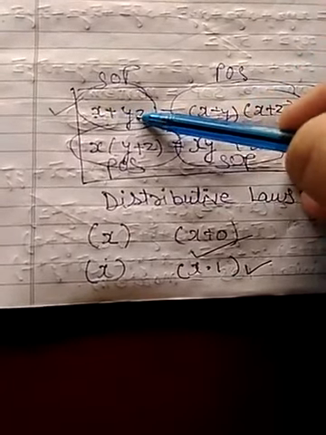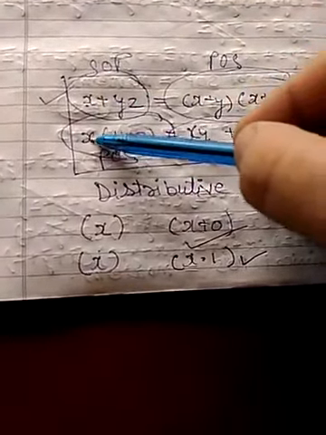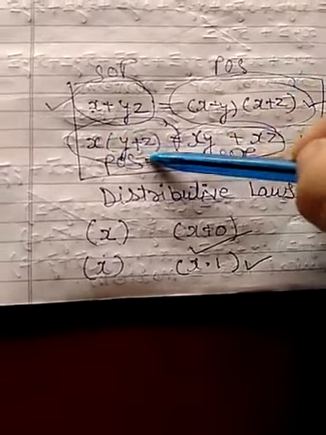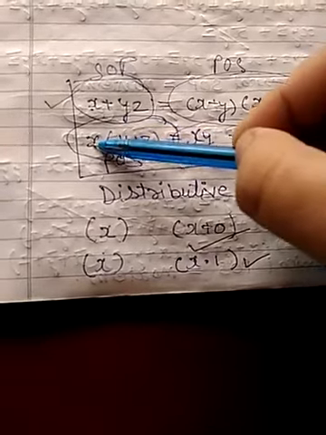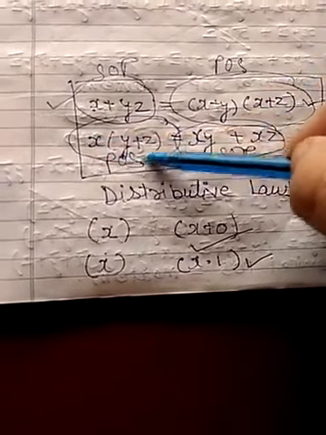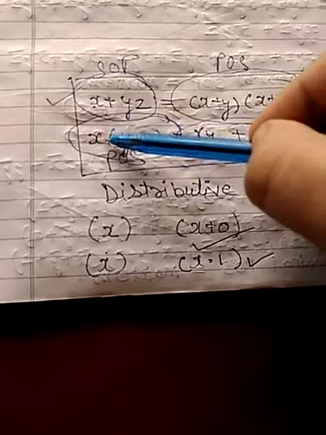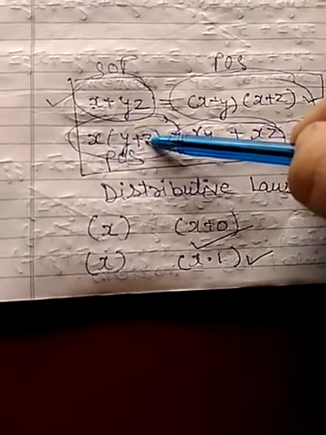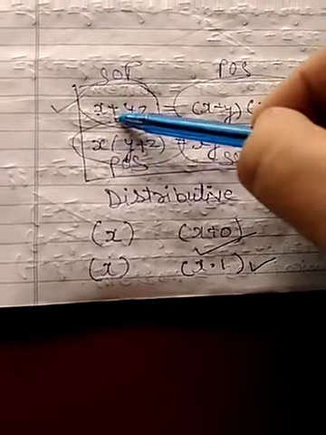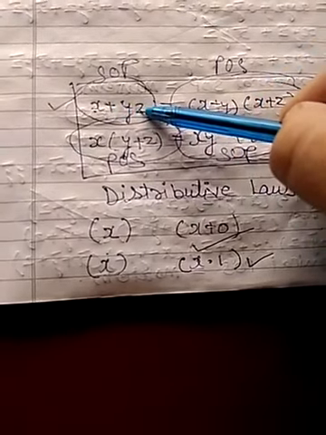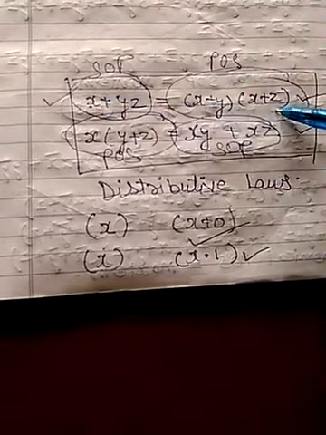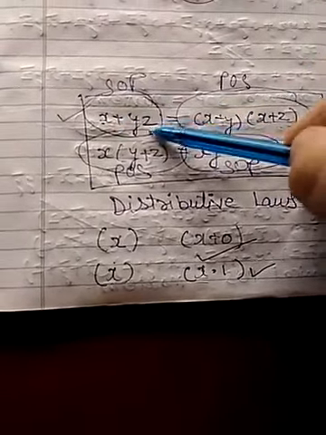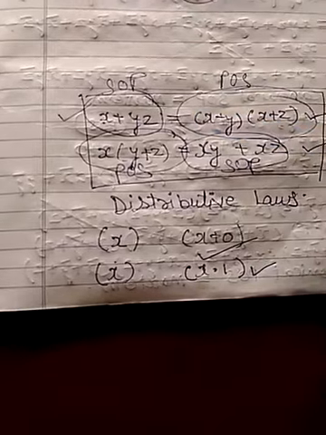So x plus yz, or x into y plus z. If you do simple multiplication of this bracket, then what is this? x into y plus x into z. So how does it come? You have distributed the product between these two terms. In the same way, distribute the sum between these two terms, and you will get x plus y, x plus z. So these distributive laws are used to convert SOP into POS and POS into SOP.